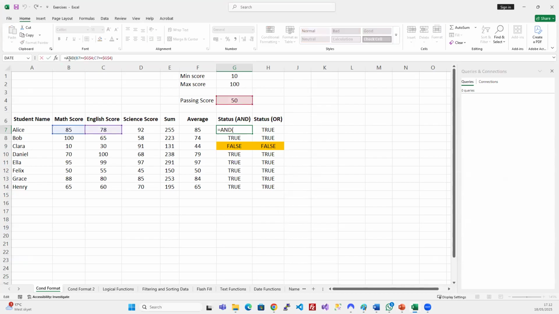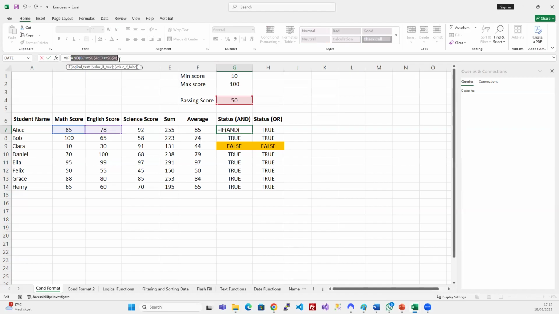Now, nested functions. I'm going to say, okay, I have true here, but I don't want to display true. I want to display pass, right? Now, I want you to imagine all of these as one thing, okay? One thing. And say IF. So you see, I'm starting the function now with IF